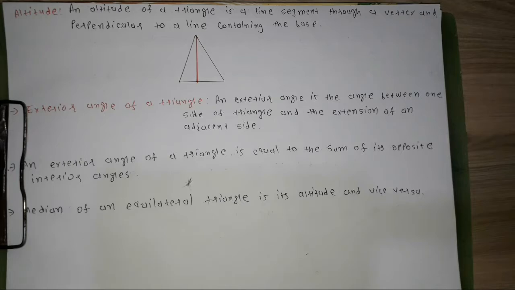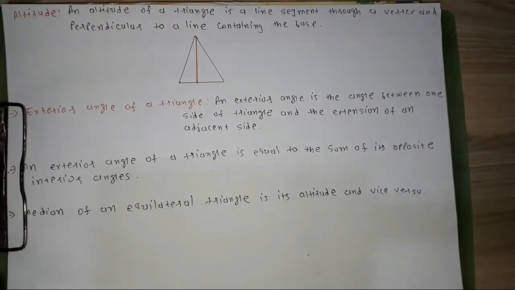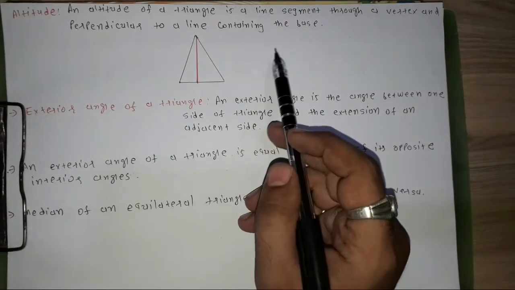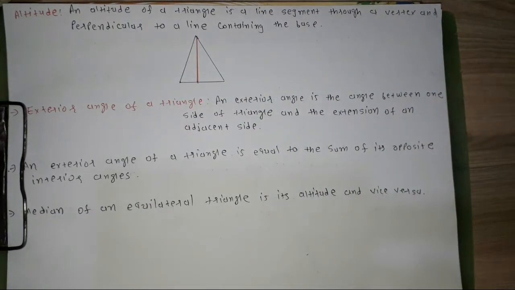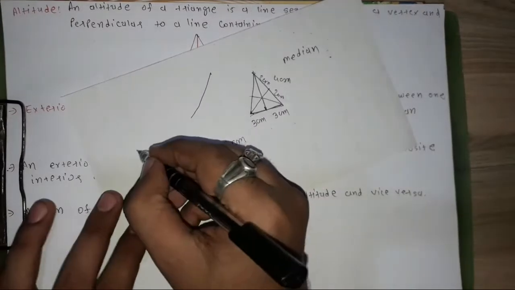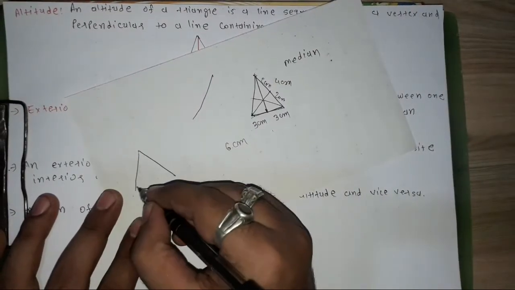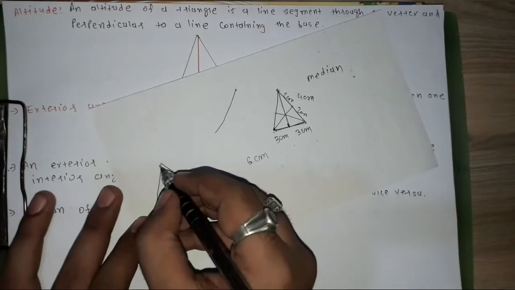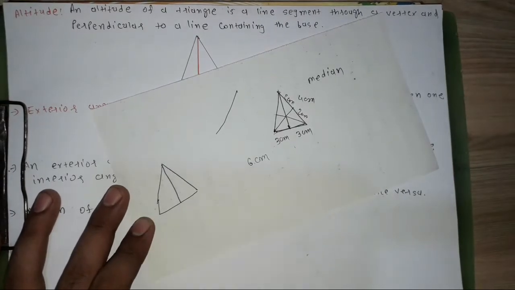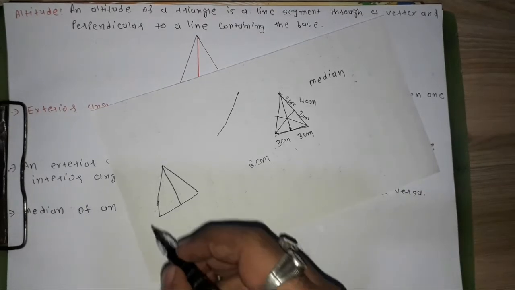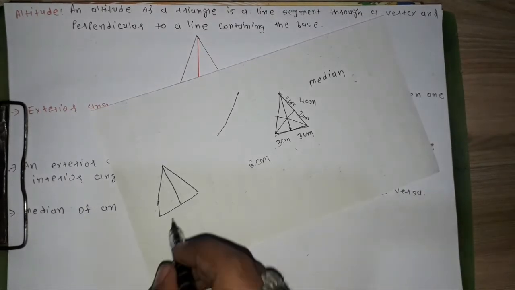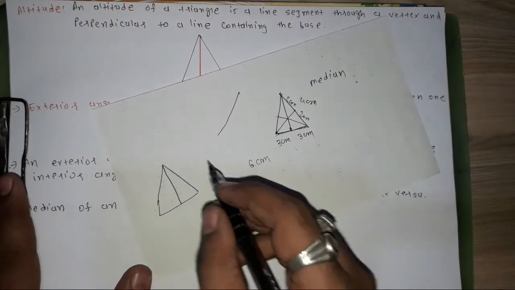altitude. An altitude of a triangle is a line segment through a vertex and perpendicular to a line containing the base. Now altitude means, if I have this triangle, and from a vertex I draw this line segment, this is called an altitude, though some will say this is the median. So we can also say this one is a median, but a median can be drawn from any vertex, but an altitude can be drawn